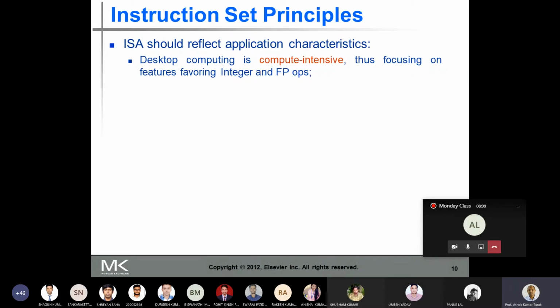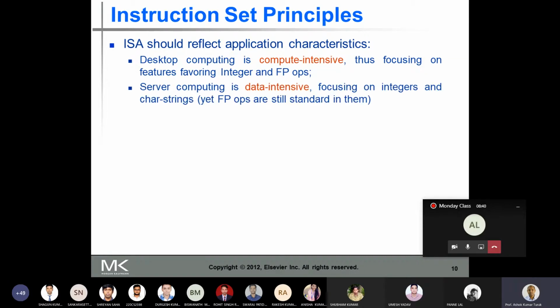Now in desktop computing, the emphasis is not given to the size of the code. If you look at the SPEC benchmark that we have discussed, in all generations of the SPEC benchmark, the emphasis is not on the size of the code, but on how to improve the functions.